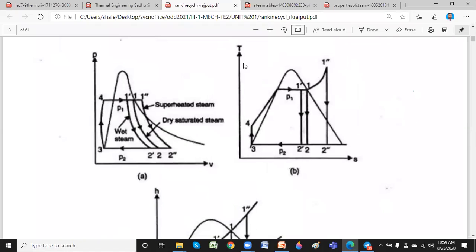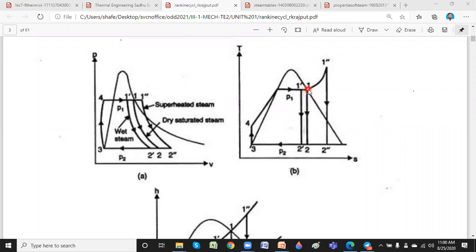Now you see this particular diagram here. Let me take a highlighter. This is temperature versus entropy. The previous diagram gives you 1 double dash to 2 double dash, where the steam coming in is superheated and finally lands in the wet region. And what about this one more line, 1 to 2? What happens in this particular process? The expansion is completely in the wet region, because at 1 it is dry, on the dry line.